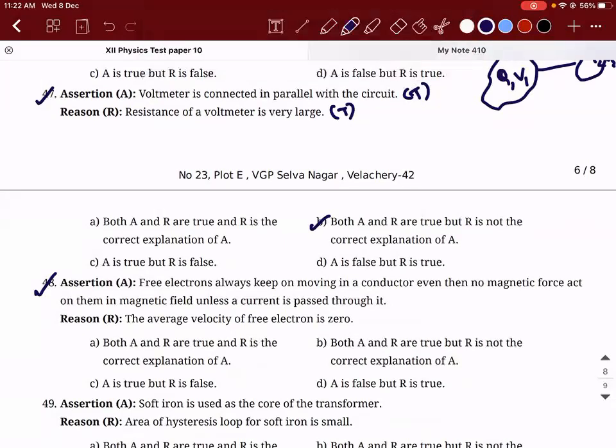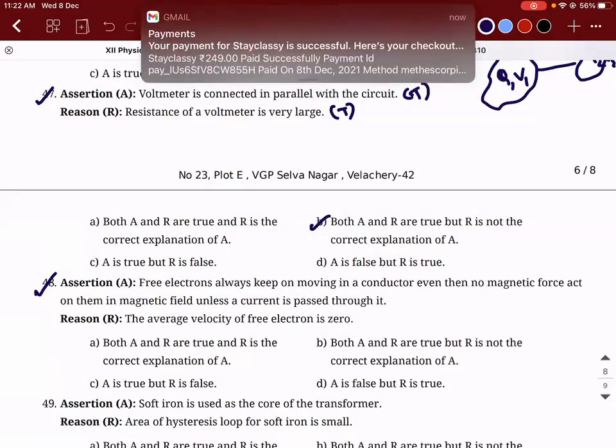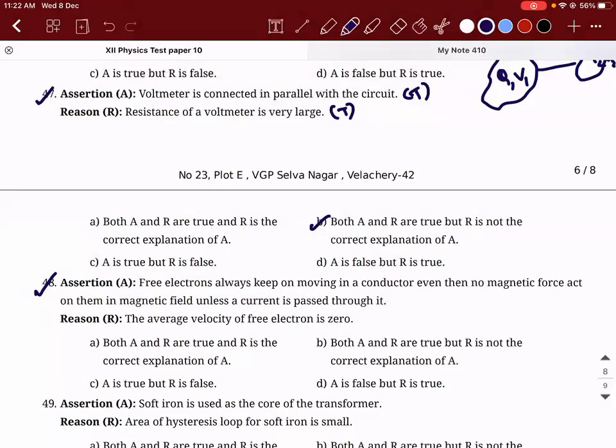No. See, the reason why you connect a voltmeter in parallel is not because the resistance is large. If I have a resistor here, R1 is there, and I have R2 here, how are they connected, provided I connect a battery here? In parallel, sir. They're in parallel, right? When you use the word parallel, what comes to your mind? Equal potential difference, voltage. Which one? Equal potential, right? So that is the reason why you connect.